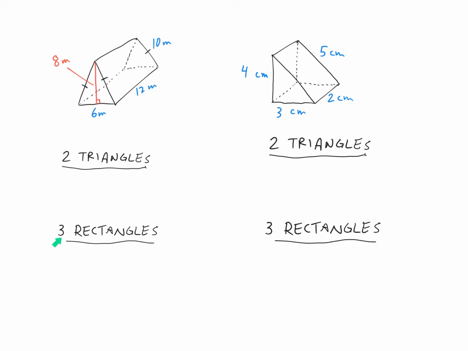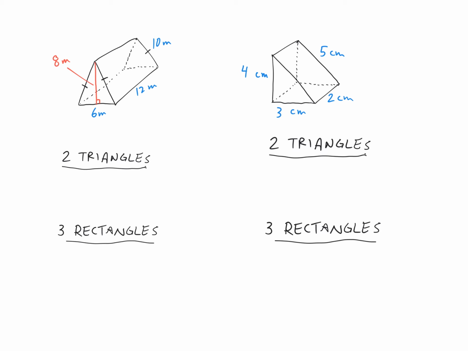And then we have three rectangles. We have this side here, we have the bottom, and then we have this back side here. So all you have to do is find the area of the two triangles, but in this case they're the same. This triangle is the same as that one, because the shape goes all the way down. It's assumed that they are equal, even though the way I drew them, they don't really look the same. So we need to use two formulas,